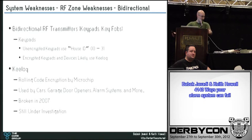Potentially. To the best of my, sometimes, yeah. Your question was, if you connected a wireless keypad using your neighbor's house ID, would you be able to brute force it? The thing is, if they're using a residential system, they won't have that feature, the interrogation feature. Does that make sense? So they would have to be using a commercial system. And let's see here. Well, I'm checking it right now. To be honest, I don't remember if,